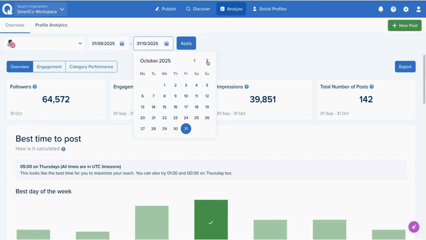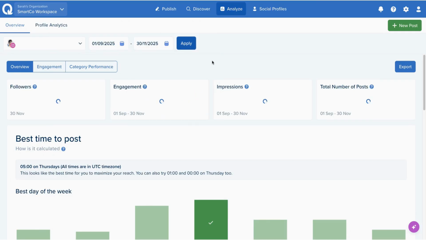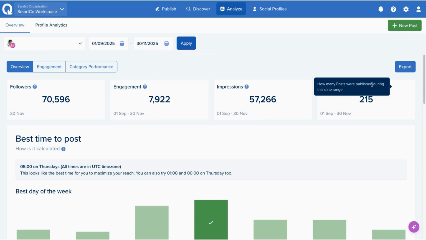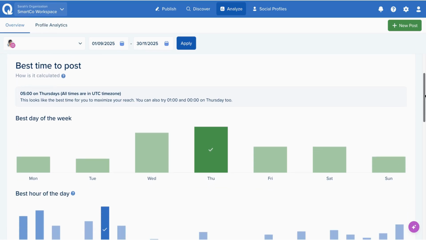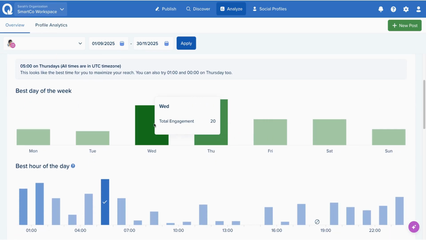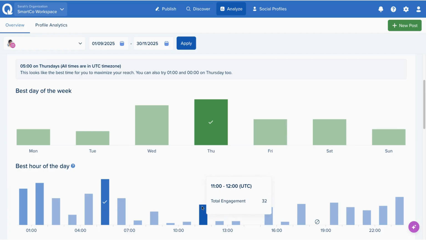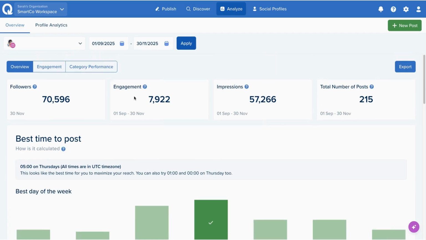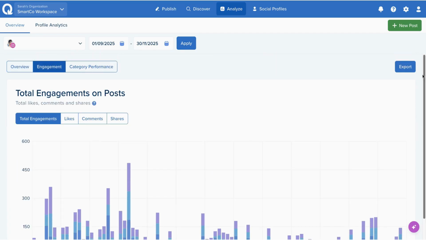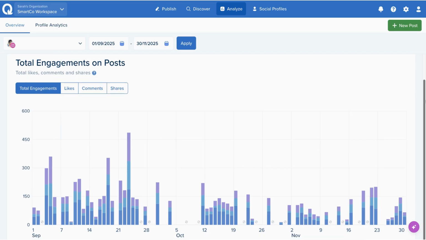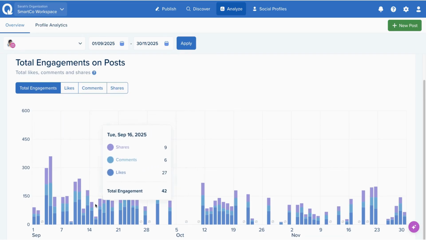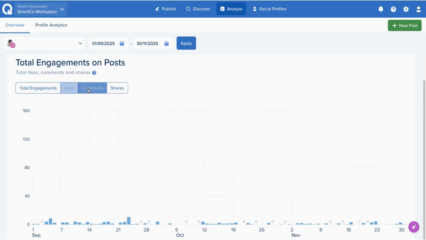And when you want to look beyond individual posts, Analyze Overview gives you a clear view of how your SmarterQueue publishing is performing. With one profile selected, you can quickly sense-check overall performance, see key totals, and view best times to post based on your SmarterQueue published results, so you can fine-tune your posting plan. Engagement adds the detail behind the headline numbers, showing how momentum is trending and breaking activity down into likes, comments,